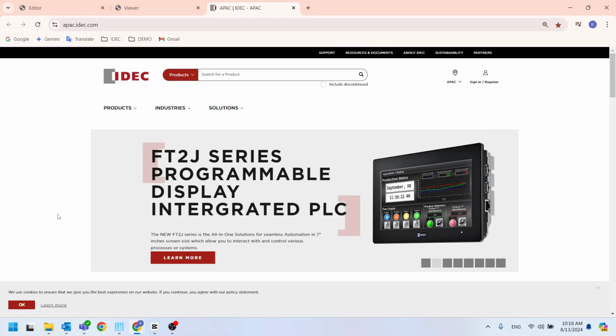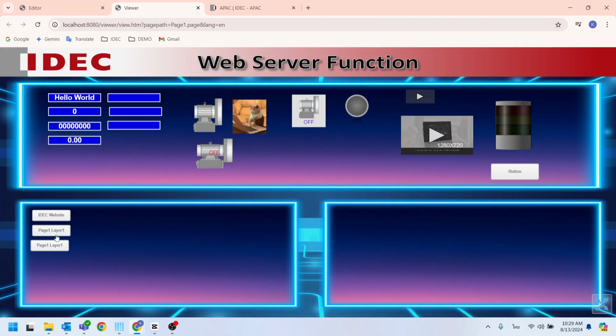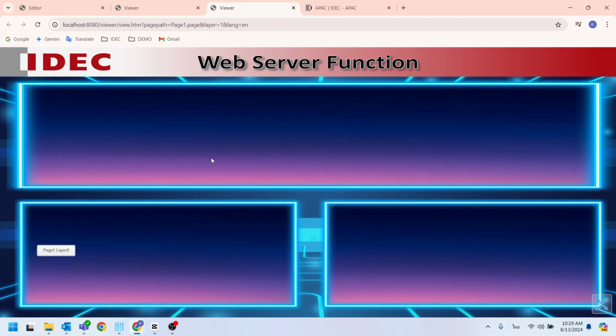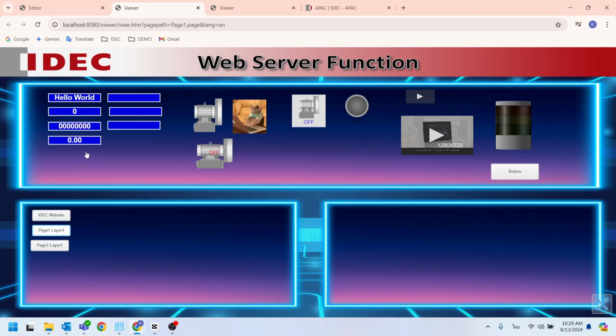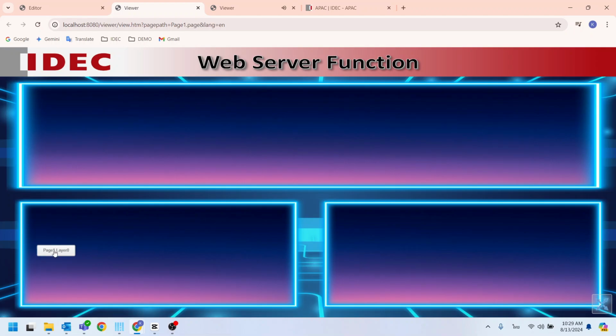You will see that a new tab will open in your web browser to display the link. Then, go back to the first web page and try clicking the second button. A new tab will open for page 1, layer 1. After that, go back to the first web page and click the third button. You will notice that the layer will change, but the web page will not reload, making your web page appear